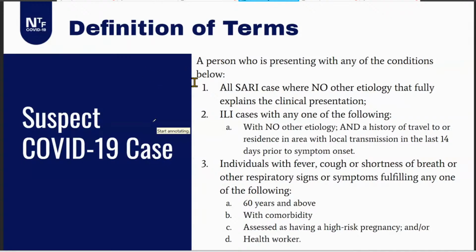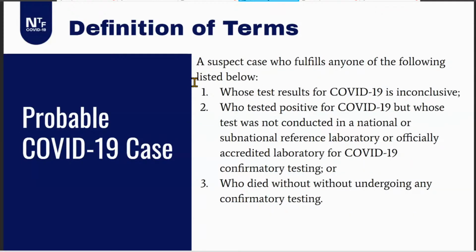Next is probable COVID-19. So, how do we define COVID-19 case na probable? It is a suspect case who fulfills any one of the following listed. So, sino yung may test results for COVID-19 that are inconclusive or nag-test ng positive sa COVID-19 but the test was not conducted in a national laboratory na officially accredited